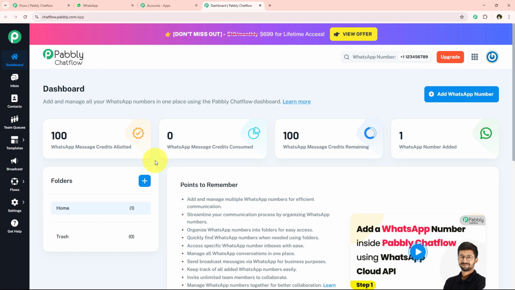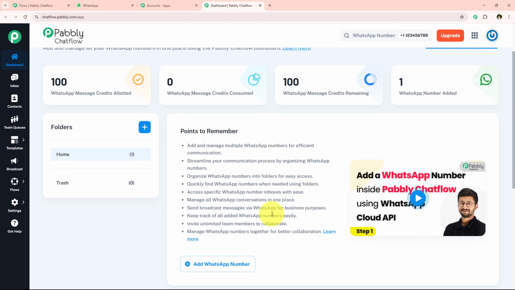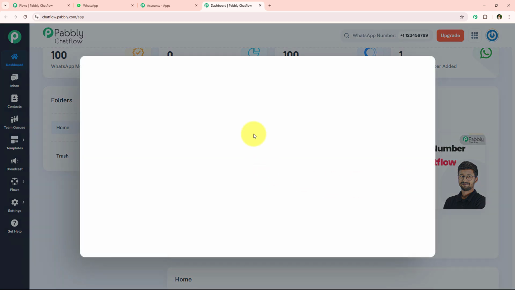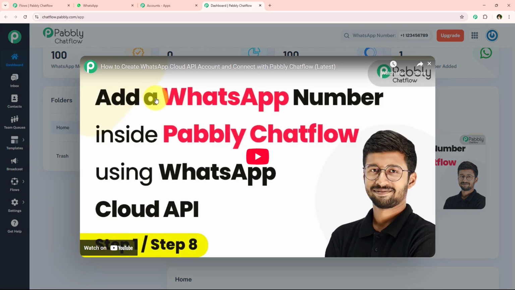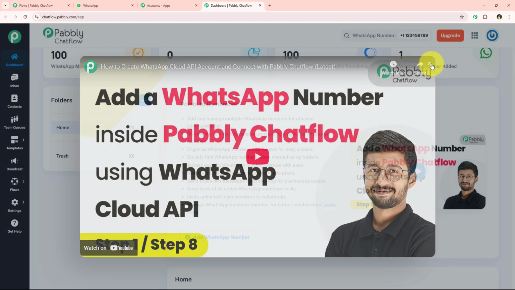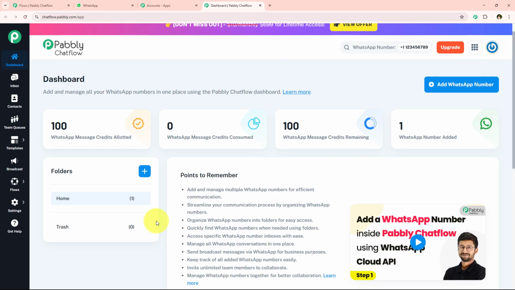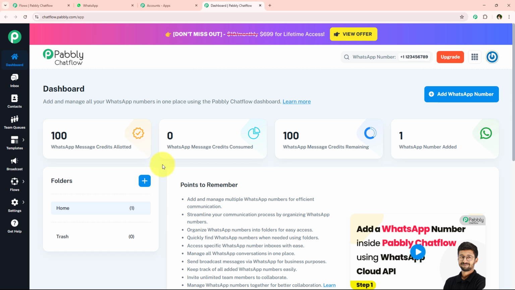And if you want to learn how to create a WhatsApp Cloud API setup or how to add a WhatsApp number inside Pabbly Chatflow, over here we have attached a tutorial for the same. You can see this tutorial and step by step you will learn how to add a WhatsApp number inside Pabbly Chatflow using WhatsApp Cloud API, and also how to create a WhatsApp Cloud API account and connect it with Pabbly Chatflow. You can refer to this video given right over here. And after watching this video, still if you have any doubts, you can reach us at